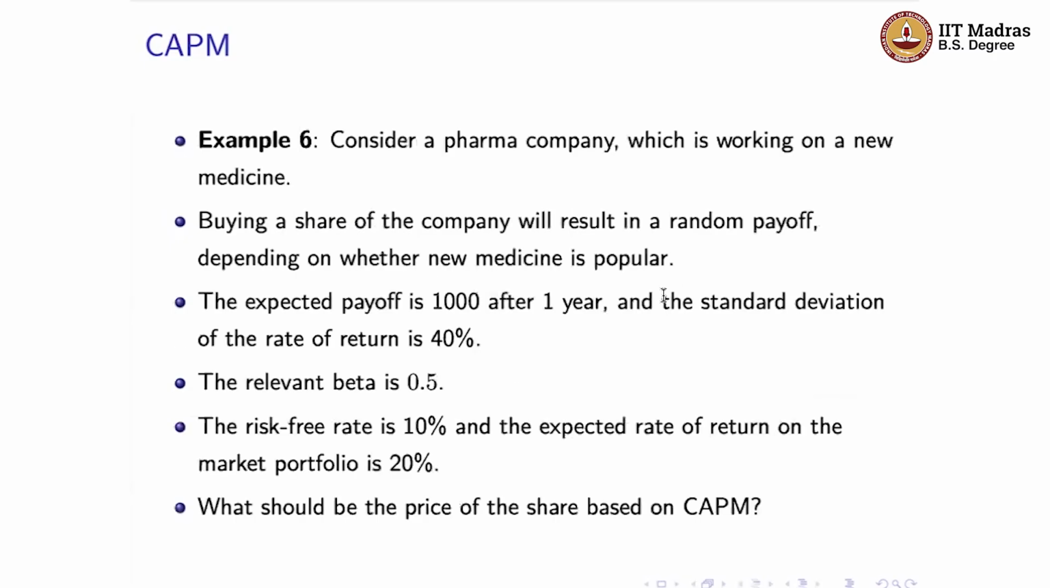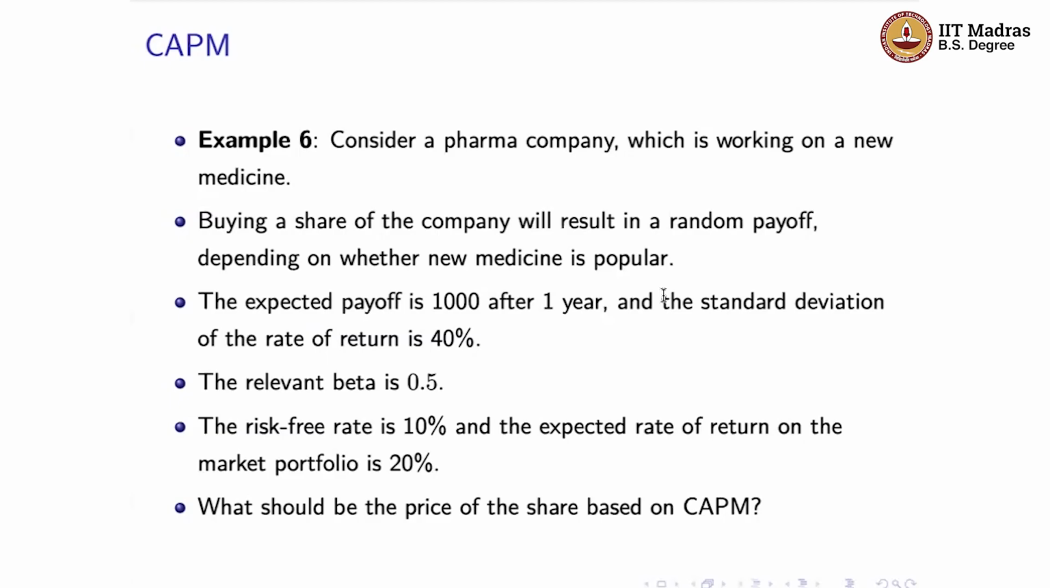Okay, let's look at one final question. Suppose that you have a pharma company which is working on a new medicine. If you are thinking of buying a share of this company, this is going to result in a random payoff depending on whether the new medicine is popular or not. If the medicine is popular, the share price of this company is going to go up. But if it's not, then the share price is going to be low. So there's this uncertainty. And suppose that the expected payoff from buying this stock today is going to be 1,000